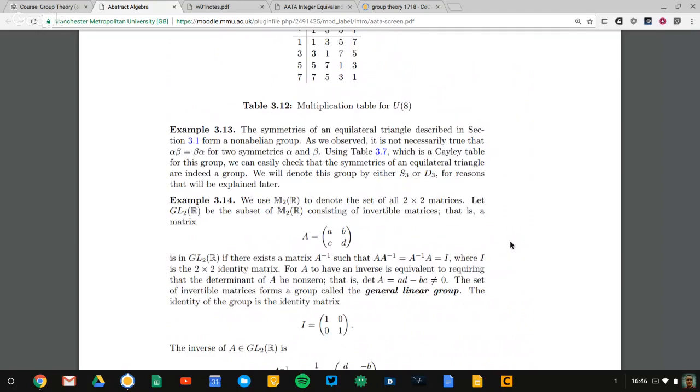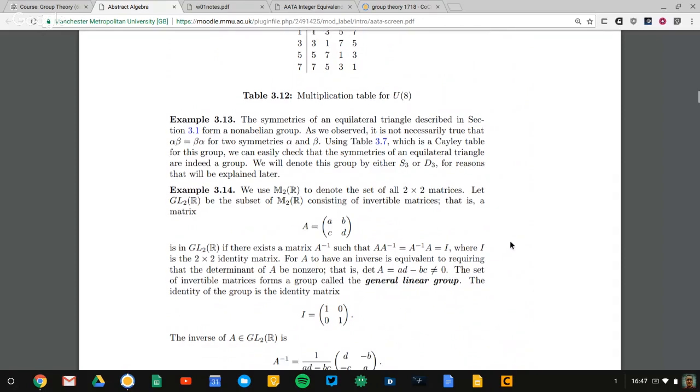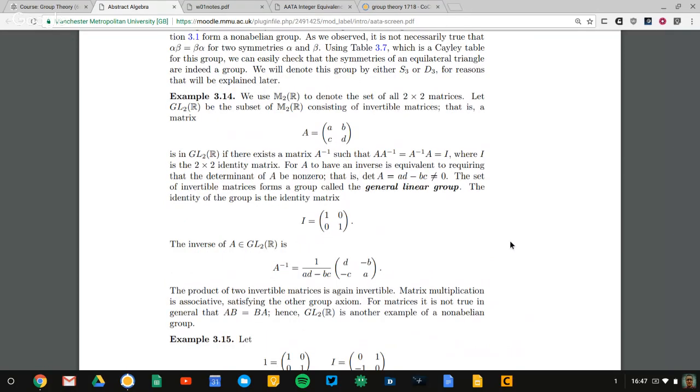Okay, example 3.13, the symmetries of the triangle, which we were just looking at, all 6 of them. We looked at the operation table under composition. Another old favorite, sets of matrices. First example is GL2(R). GL stands for the general linear group. The index 2 refers to the dimension of the square matrix. So this is the set of all square matrices of this certain size. Here it's 2, but you can generalize it to